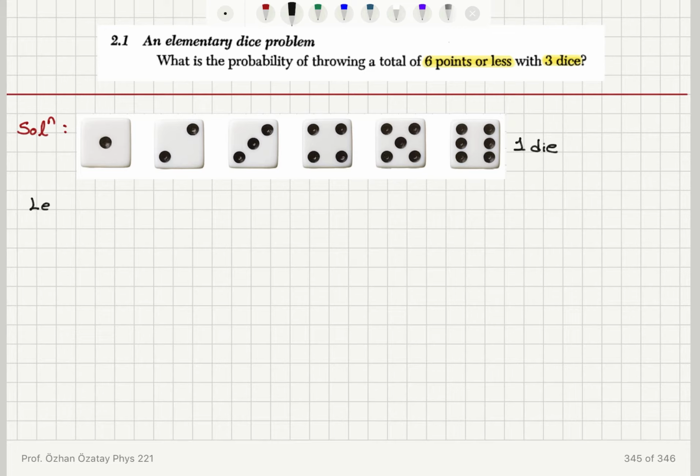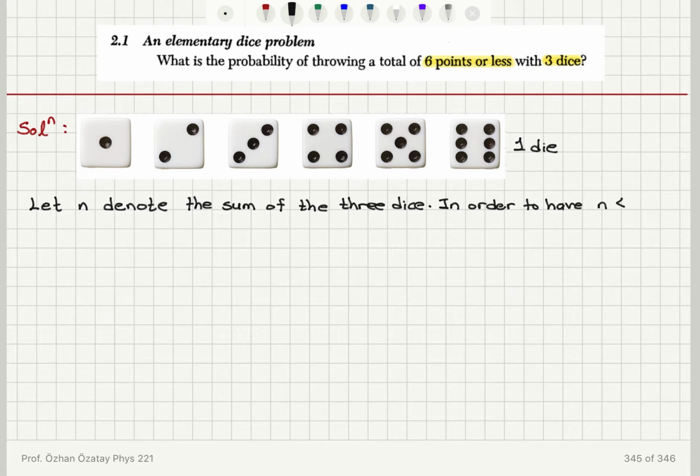So let's have n denote the sum of the 3 dice. Okay. Now we would like to have a total of 6 points or less. So in order to have n less or equal to 6,